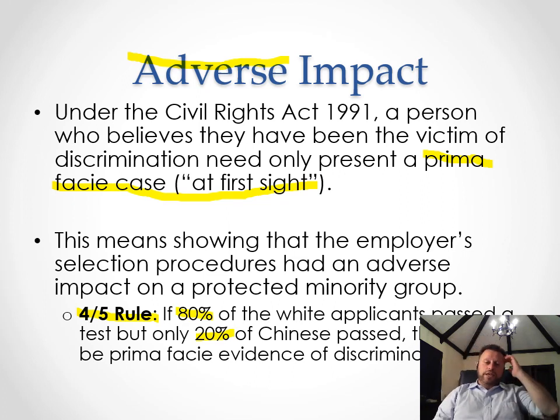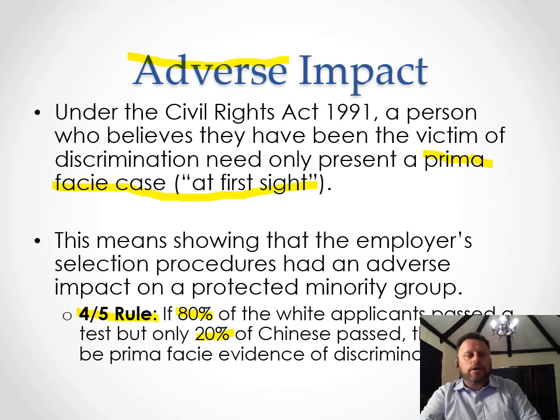So for example, using the number 100, just to make the numbers easy, if I said, listen, I know 100 people applied for this job, and out of this 100 people, only 20% of the people hired were Jewish. Out of 100% of people who applied, only 20% were Jewish. Then that's 4/5 of the Jewish people who applied. That's automatically discrimination, and the court will investigate.